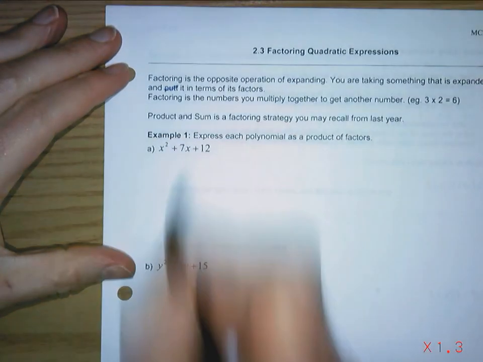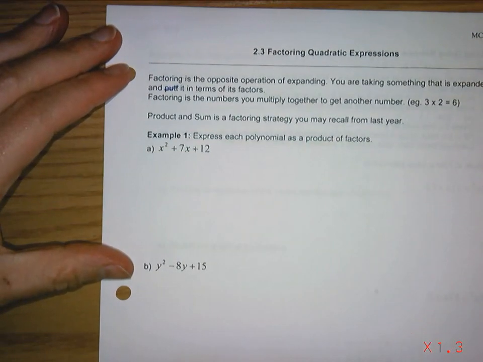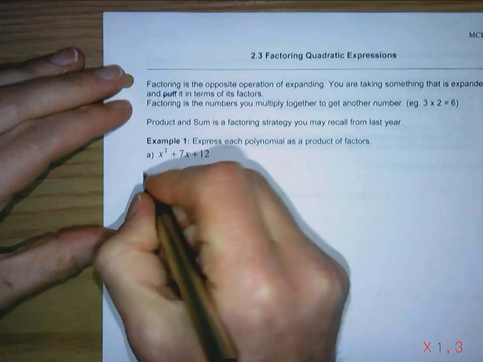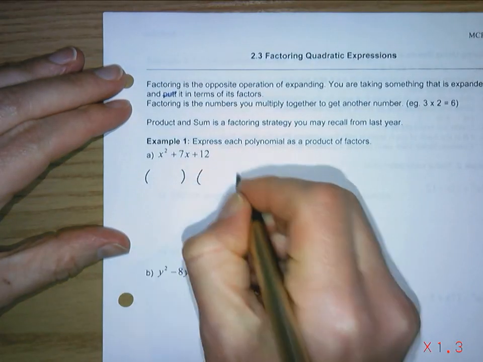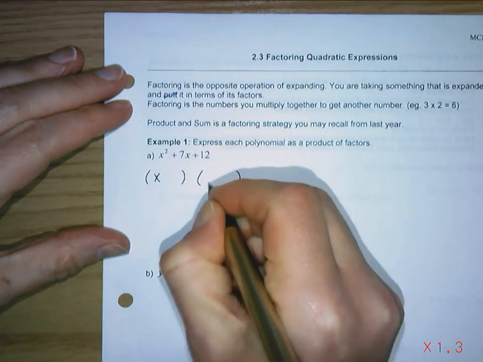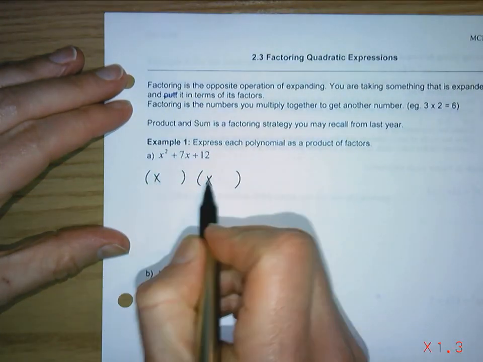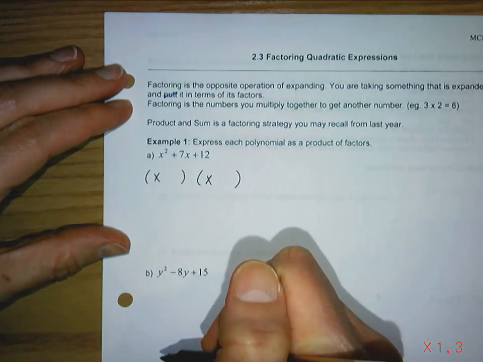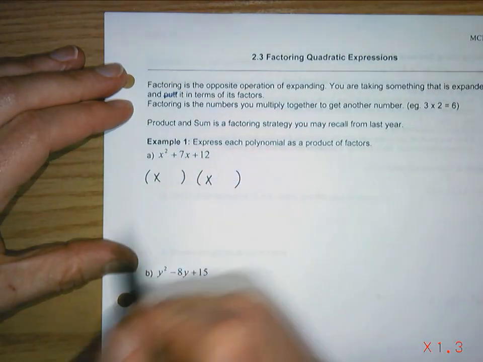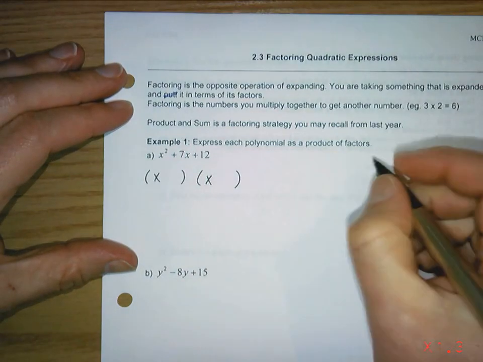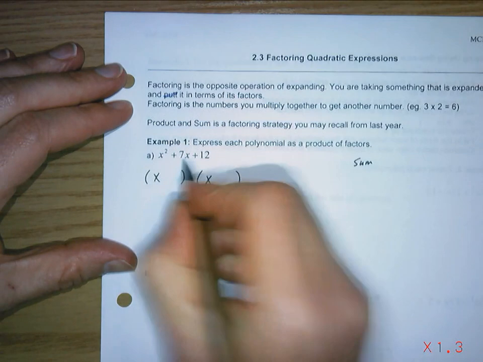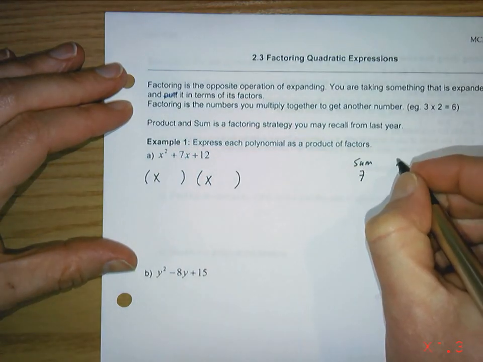So we have a trinomial here. We talked before we left that all trinomials are going to break up into two binomials. They're actually going to be structured like this. They're going to have an x at the front of each one because x times x is going to give me the x squared. And then we need to find the two numbers that go in beside them. Well, the product and sum is a factoring strategy. So what we do is we're looking for two numbers that will sum to give us 7, and they're going to have a product